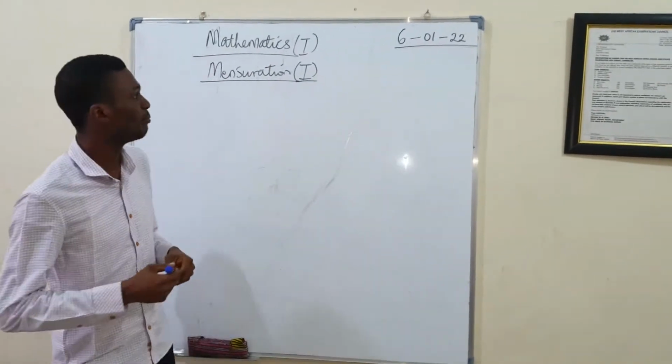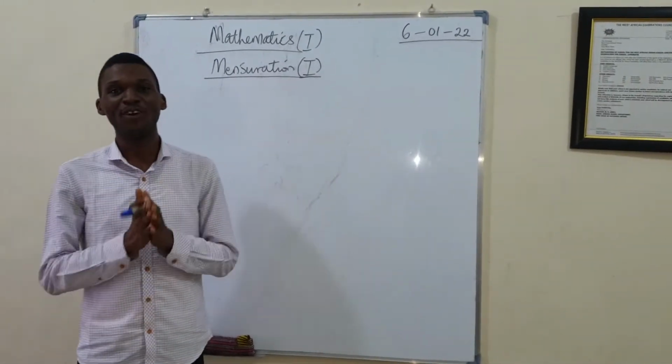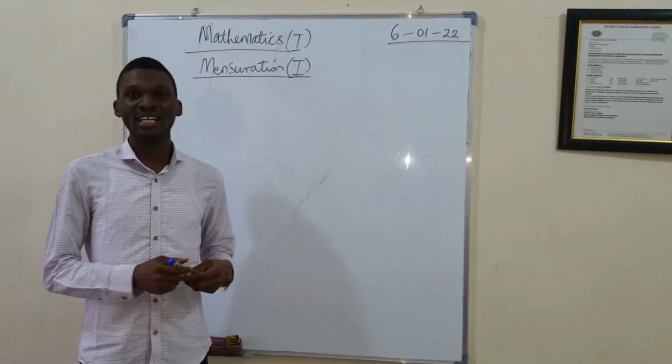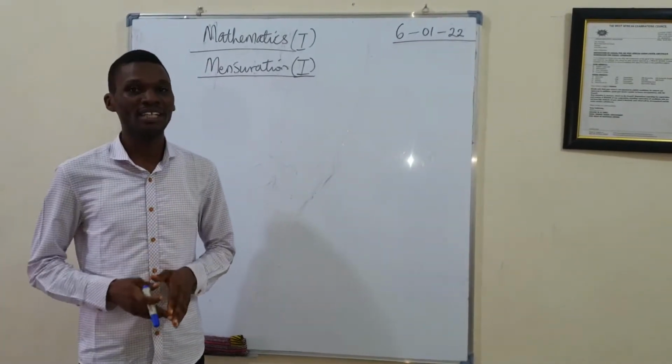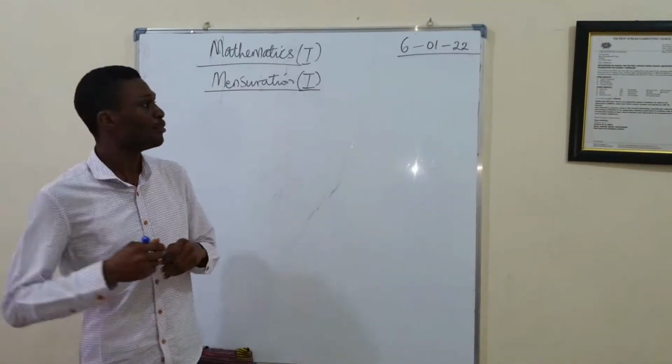You know what mensuration is all about: the process of measuring and calculating the length, areas, and volumes of all geometric shapes we refer to as mensuration. So like I said earlier, we're looking at length of arcs, areas of sectors, and perimeters of sectors. Before we go into that,